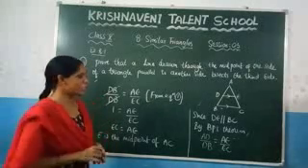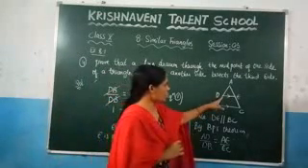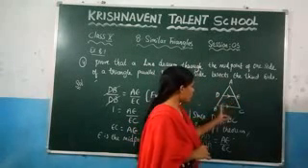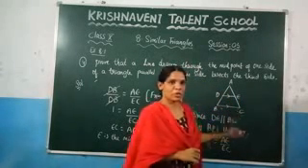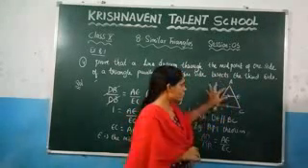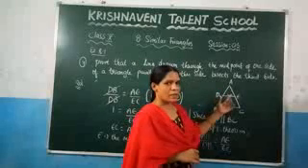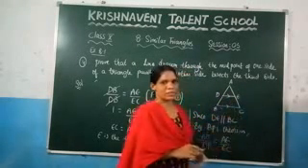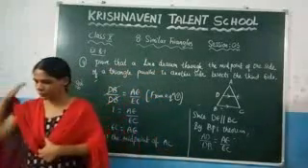What they have given here, they have given here D is the midpoint, so we can say that AD is equal to DB, and similarly they have given DE is parallel to BC. So you can write it here AD by DB is equal to AE by EC, and you know that these two lengths are equal. So in place of them you can substitute here so that you will get AE is equal to EC. Now see the next problem.